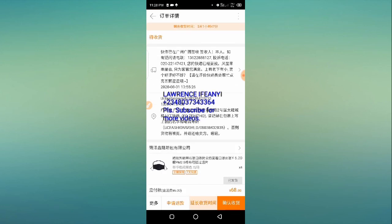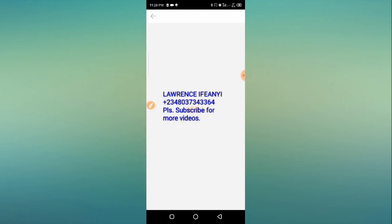Now, as it opens, I'll click where you have the bus icon. Also, I'll just click on it so that it opens. This is showing delivery, that these goods have been delivered already. Okay,